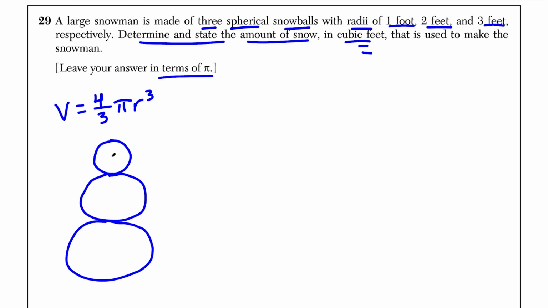So what's actually happening is we have the first radius here is equal to 1. So we have a radius of 1. And then the second radius over here is equal to 2. And the third radius is equal to 3. Once again, you are not graded on using units for these questions, so you can just write it in